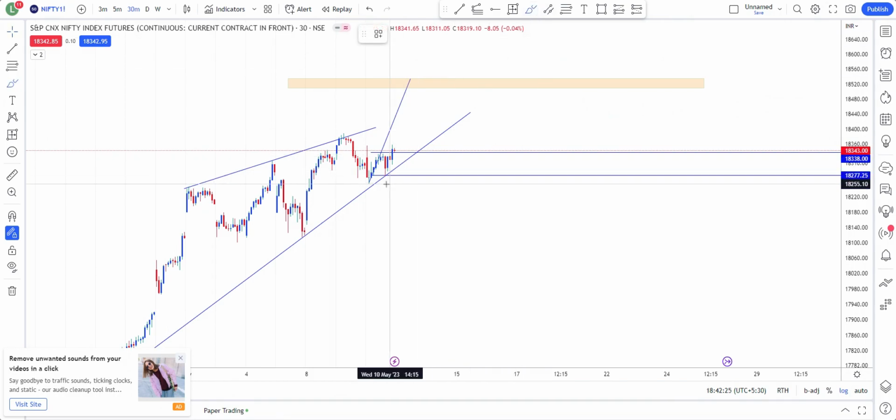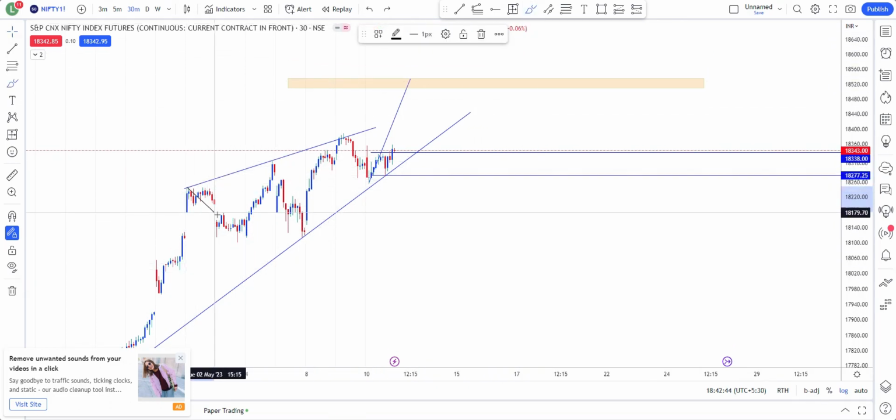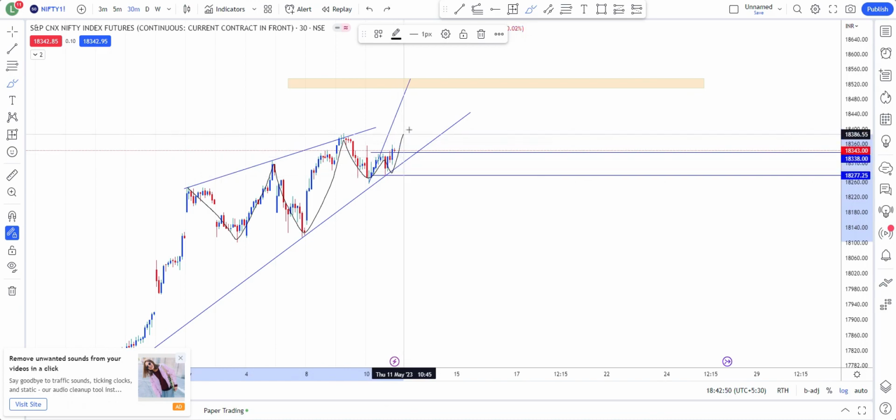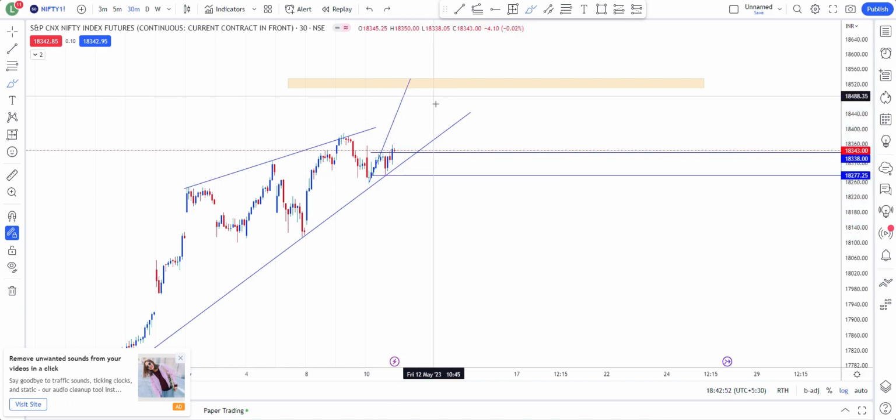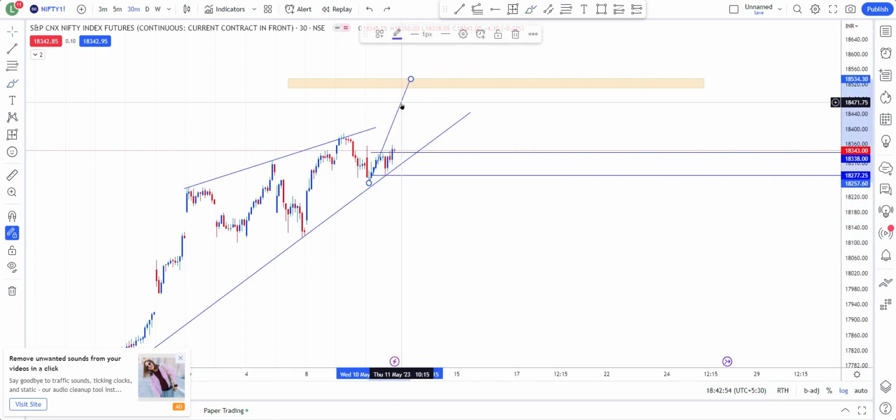What happens if the market does this and does start doing it? This is just part of the game. We'll put the stop loss here, open the position here, and let's see what the market does. But it is the most probable way that I'm thinking the market may move, because the momentum is not changed. The trend is not changed. It is just having a breather here. Once the breather is completed, it may resume the uptrend. So this is what the analysis of Nifty says.